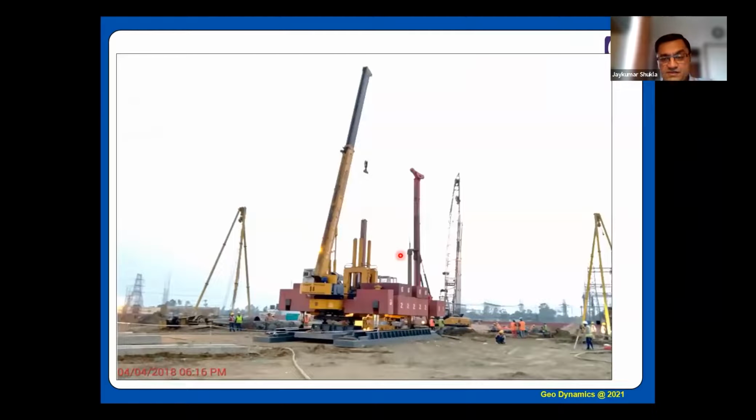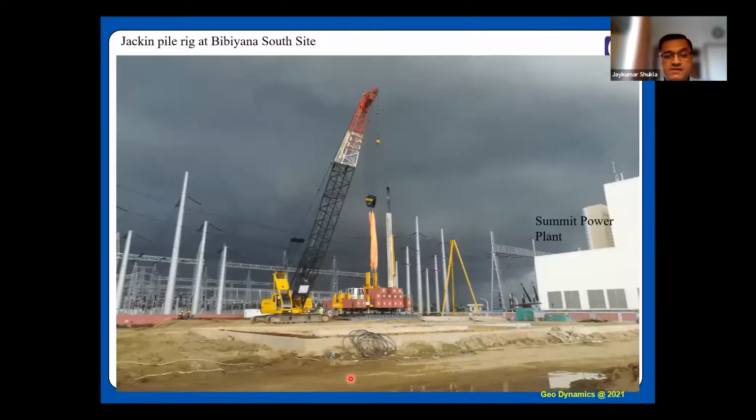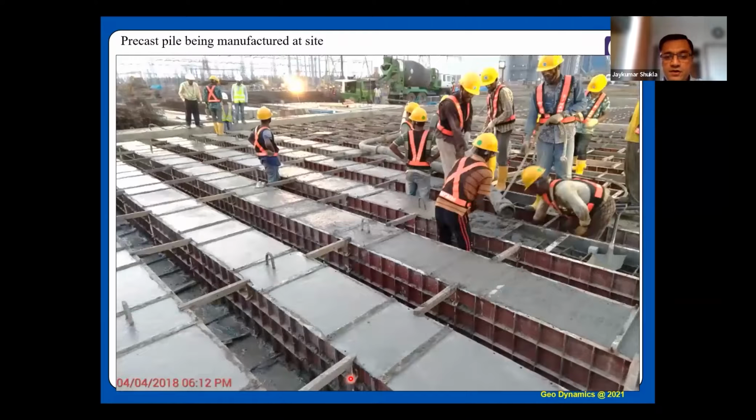This is the bigger picture. You see all the types of piling rigs available. This is the tripod rig. This is the hydraulic rig. And this is the jack-in pile machine. And you can see this crane is pitching one pile inside. This is the gripper, and this pile will be pushed into the ground very smoothly. Driving a 12-meter segment will require hardly 5 to 7 minutes. I'll just explain that these piles are precast piles.